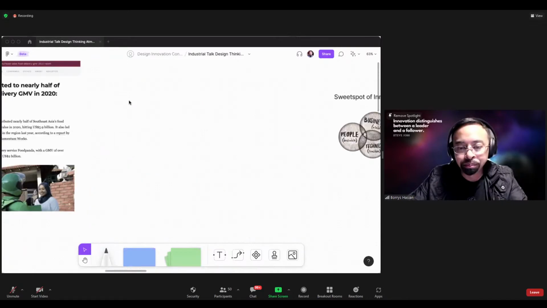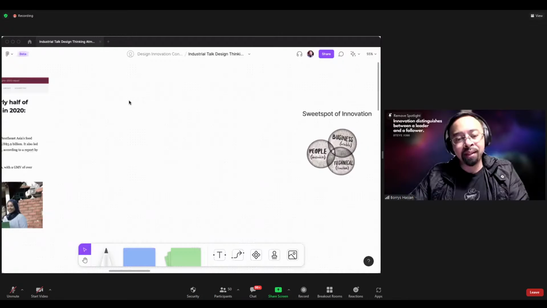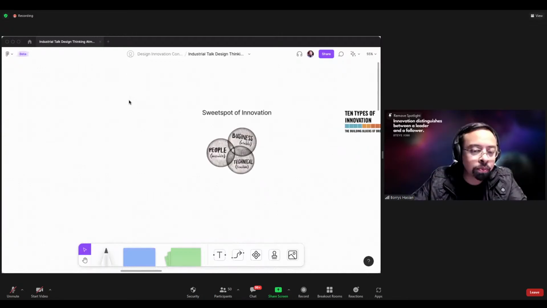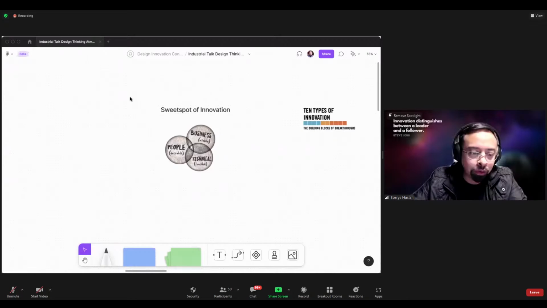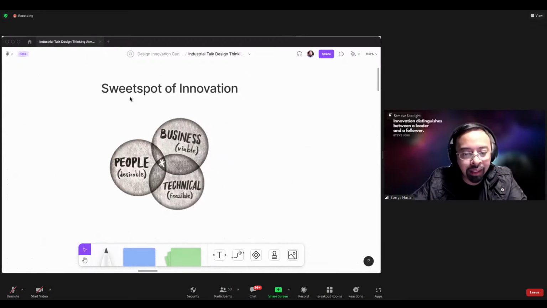Yeah. So some people say that innovation is the sweet spot: the sweet spot of business viability, people desirability, and technical feasibility. This was a model introduced by IDEO, one of the popular and well-known design consultants. There are three things: people, where you need to understand their needs; business model, how it works and how you can sustain the business; and technical feasibility. So there are a lot of aspects beyond just being creative and serving people's needs. There's also business and this technical side.